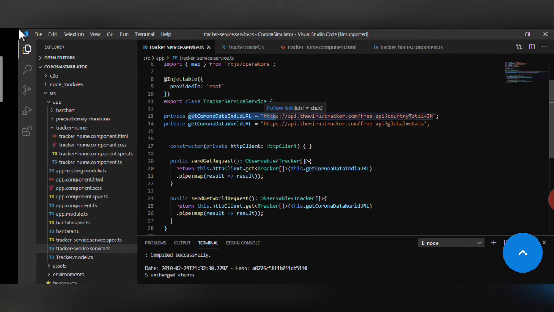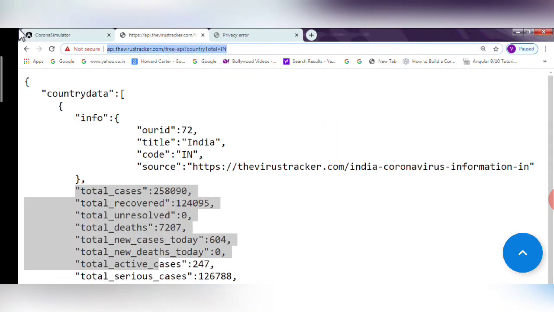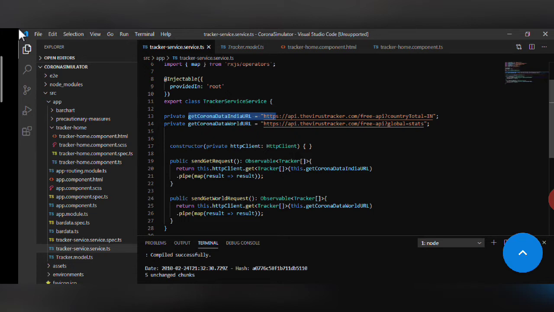As you can see, the URL name is the same as this one. For world you can set the variable name as get corona data world URL and provide the ready-made URL here.